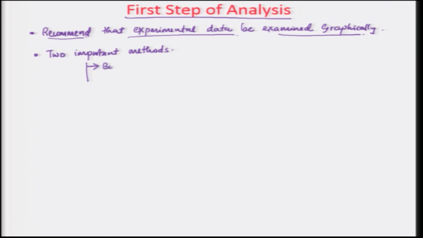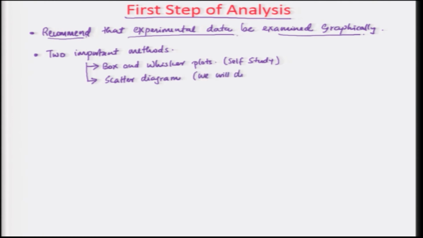Number one, box and whisker plots. I have already covered this in other lectures in other courses, so I would suggest you do self study in this regard or look into the lectures that I have already made on box and whisker plots. Then the other one is the scatter diagram. Everybody has learned what a scatter diagram is, and it is usually between one x and a y. We have seen that this is x, this is y, and we have some points like this, and we said this is a scatter.